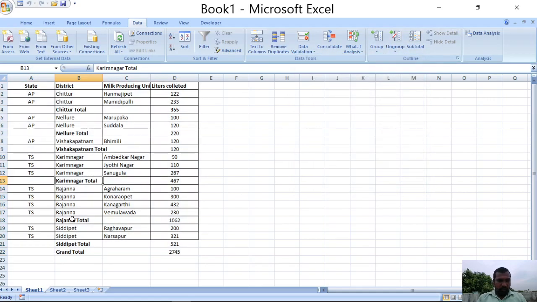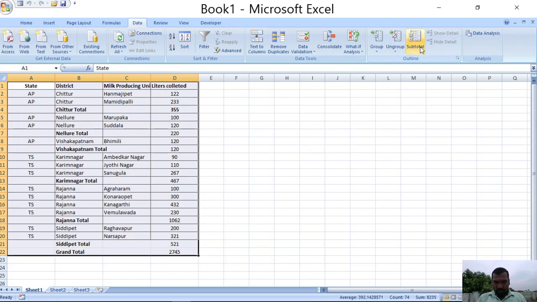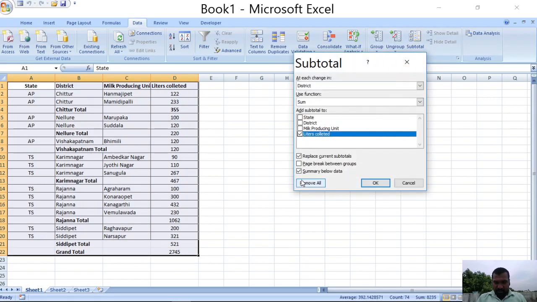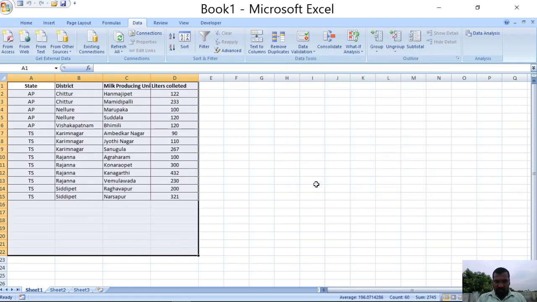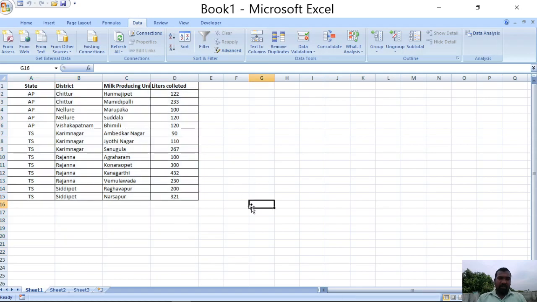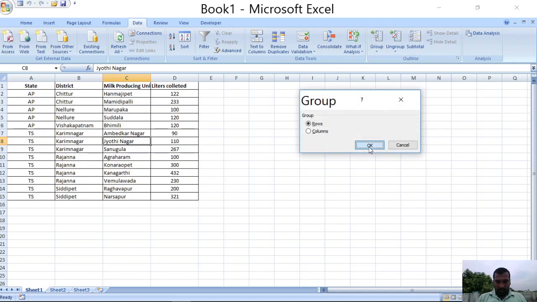If you don't want all these subtotals, go to Subtotal again, and a Remove All option will be there. If you click on that, then all the subtotal information will be deleted. Now if you want to group, then click on this one and Group Rows.